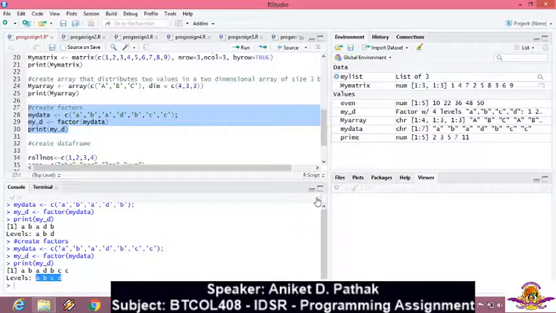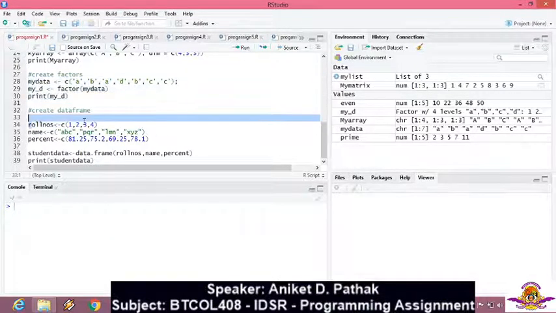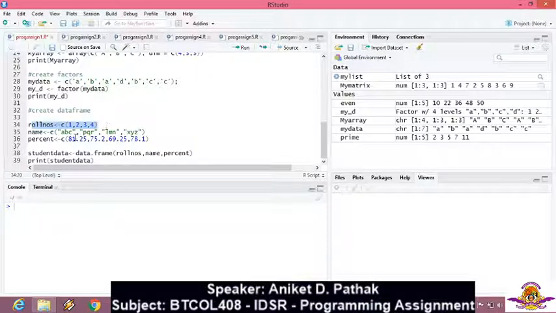The next important part is the data frame. You can suppose it's similar to the structure that is available in C language. If you observe, I have created 3 vectors. Roll numbers, I have taken 4 roll numbers. Name, I have taken names of 4 students. Percentage, I have taken again a vector that stores the percentage of 4 students. Now this is the important statement where the data frame is created.